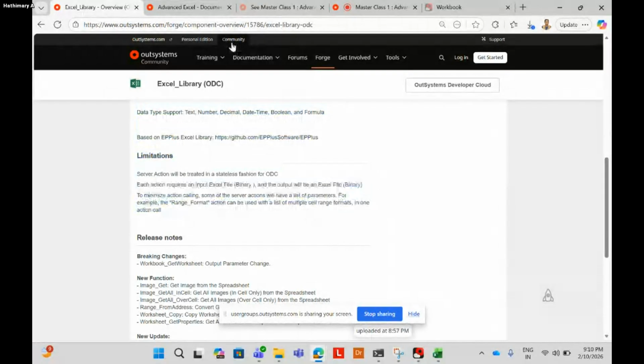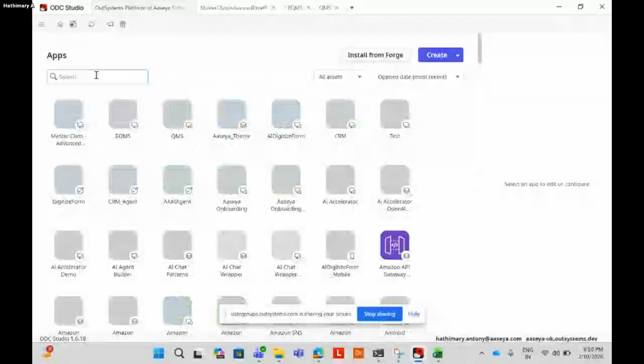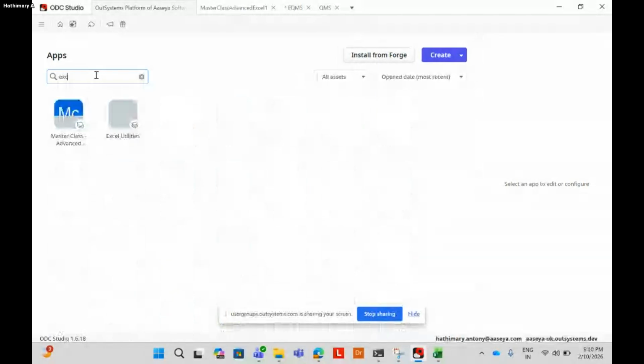Now we are going to see how we can use different workbook operations. I have installed the workbook library here. The Excel utility, you can see here.